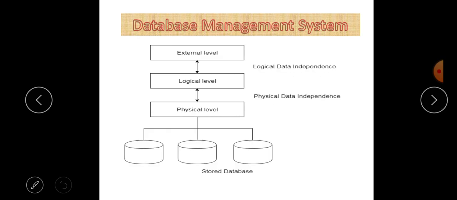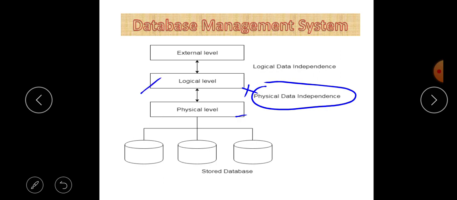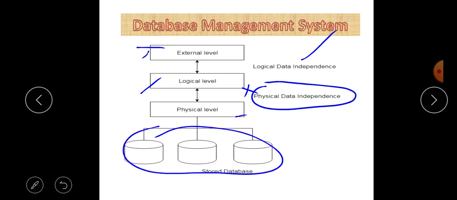Now you can easily see that in the diagram. This is physical data independence: if you make a change at this level, there is no effect on the logical level. And if you make changes at the logical level, there is no effect on the external level. That is called logical data independence, and that is our stored database.